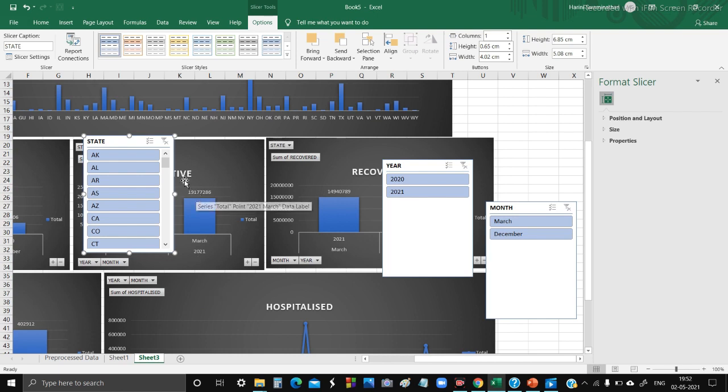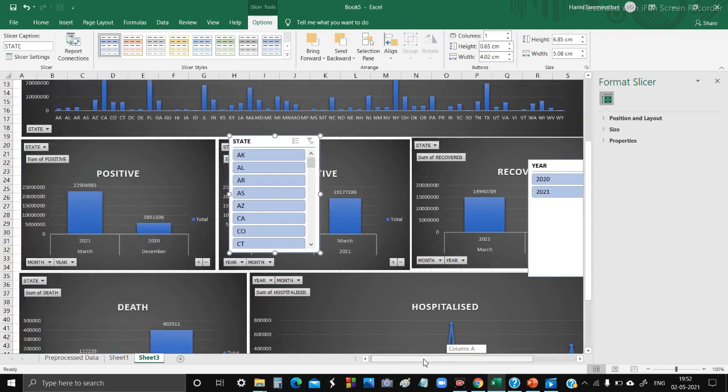Now we have reported the connections for all slicers and pivot charts.